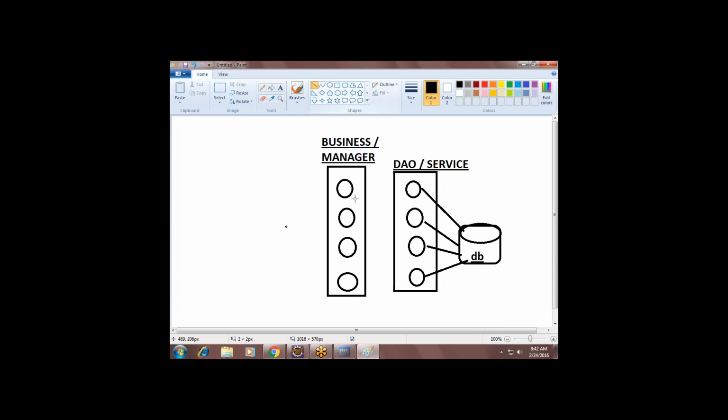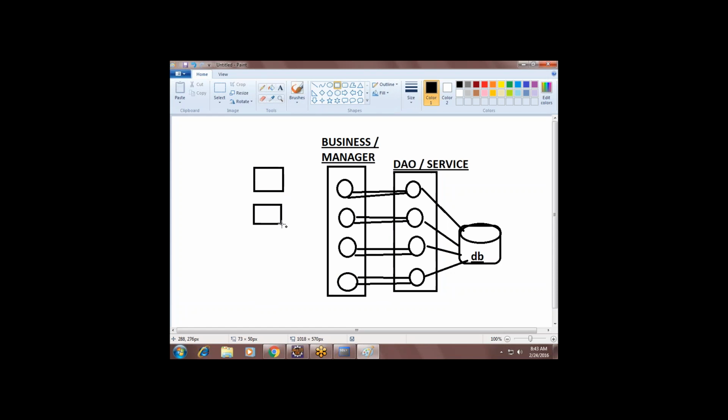This interacts with the DAO methods and gets the appropriate response back from them. Right? Then before that we have controllers.